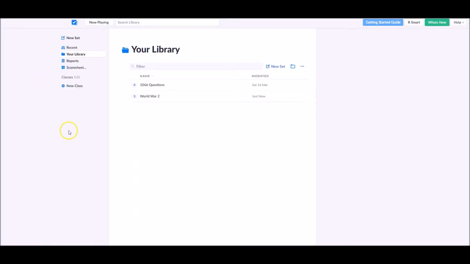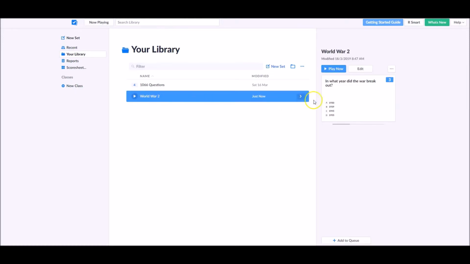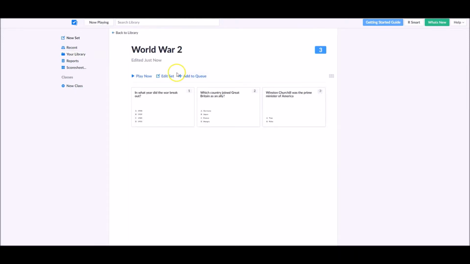If I go back to the home screen, I can then see that I've got my 3 questions based on World War II within my library. I can edit those just by clicking on them. I can edit the sets, I can add more questions, etc. And when I've set my class up, by clicking play now, I can then share that one in the class. If I go back to the home screen,